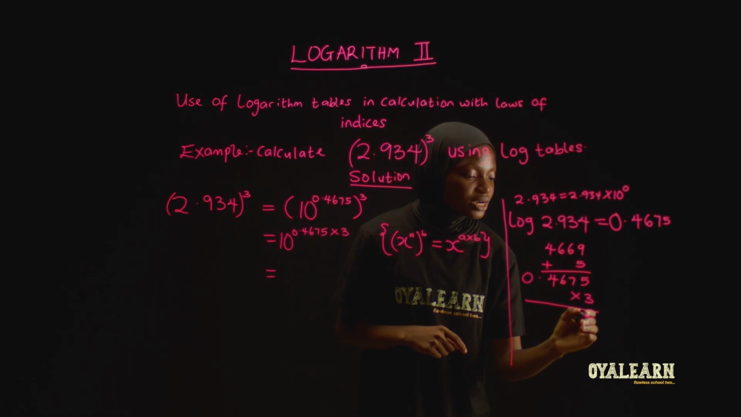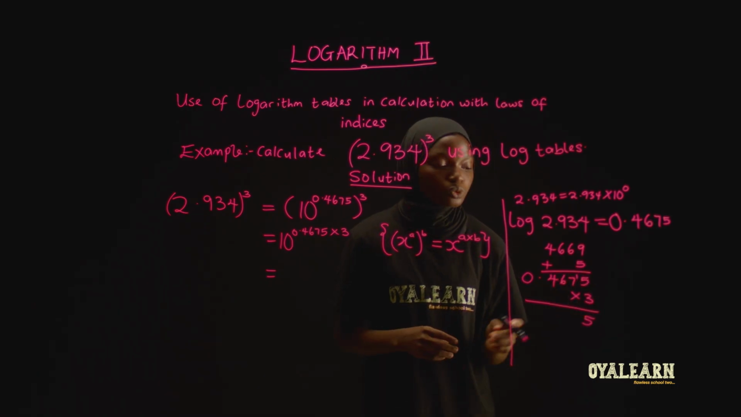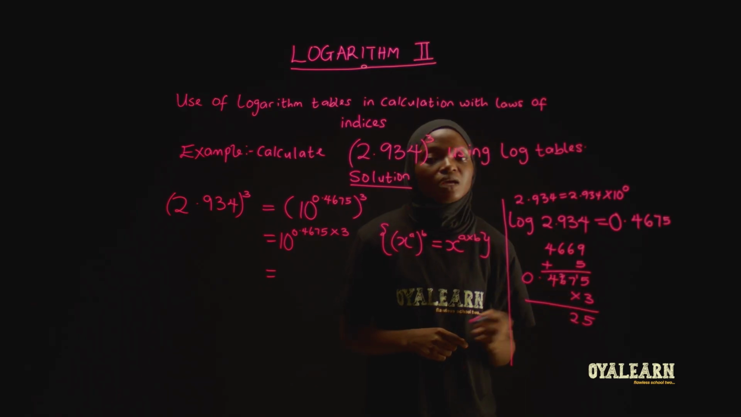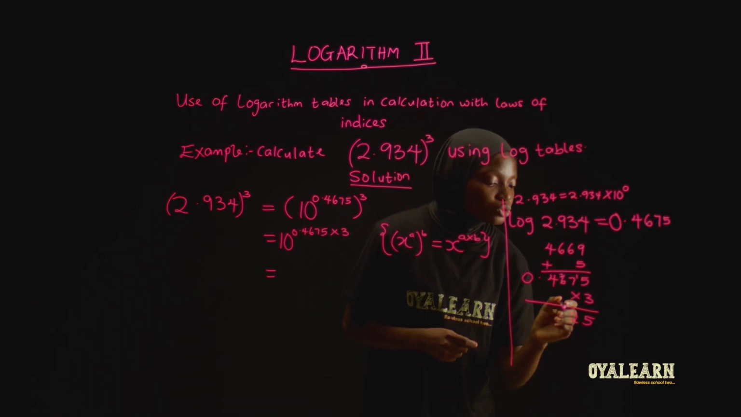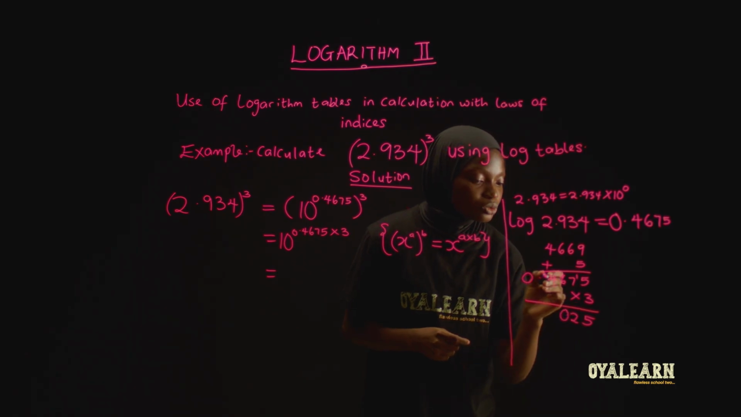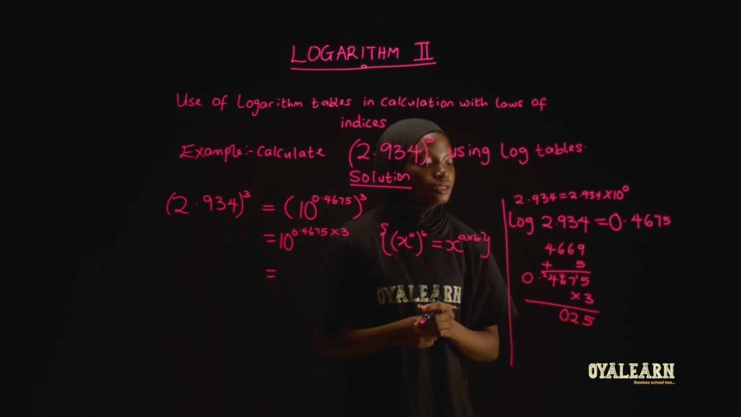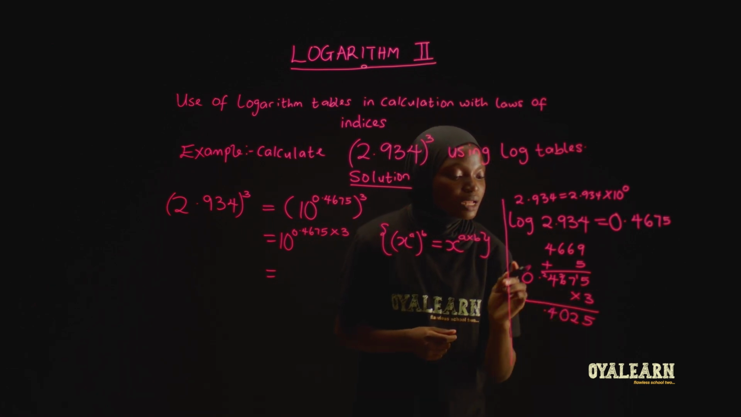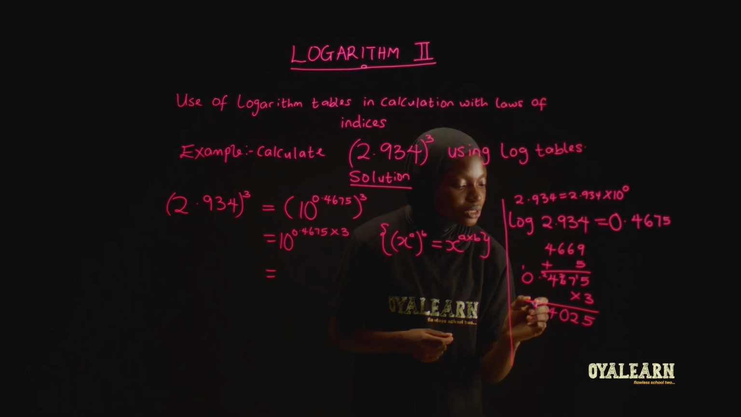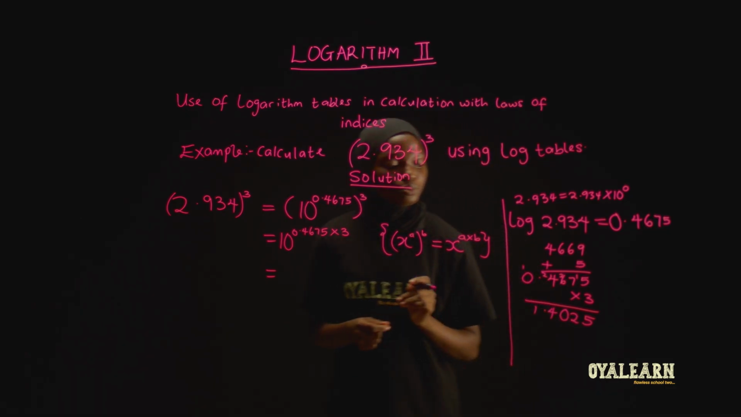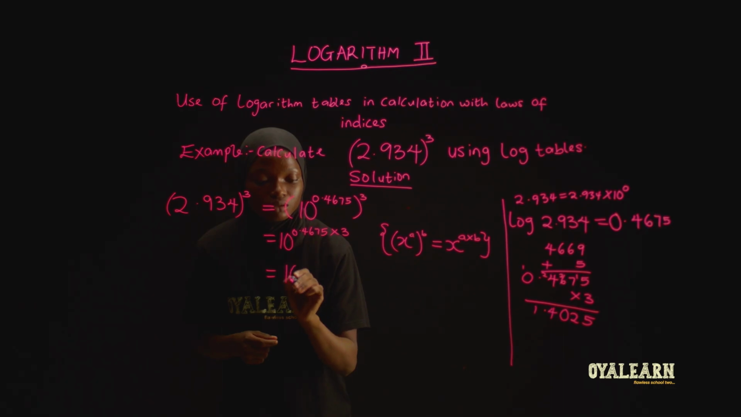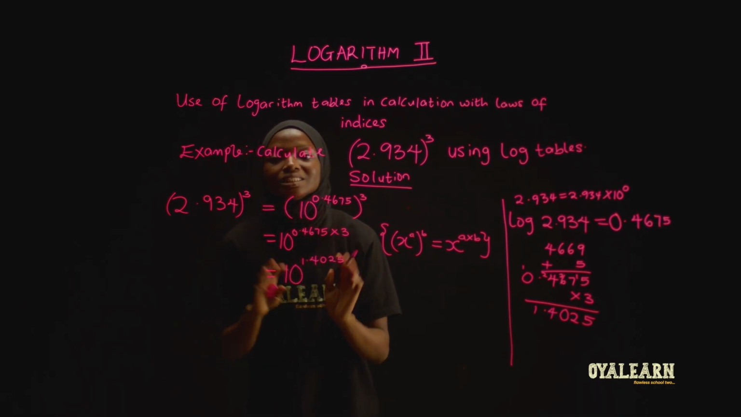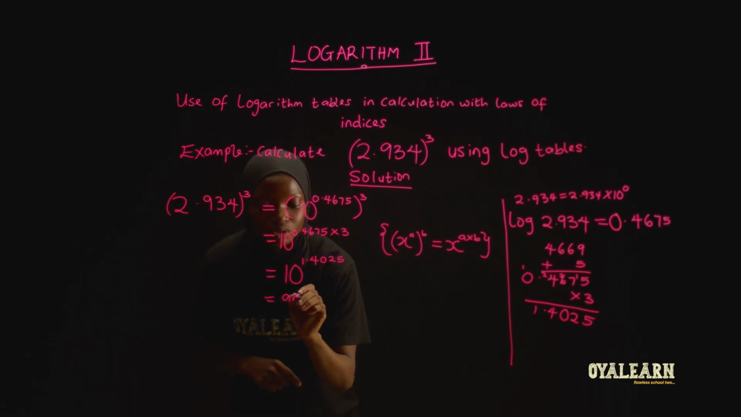5 times 3, 15, we write 5, take 1. 7 times 3, 21 plus 1, 22, write 2, take 2. 6 multiplied by 3, 18 plus 2, 20. So that's 0, we take 2. 4 multiplied by 3, that's 12, plus 2, 14. So we have 4. Then 3 multiplied by 0, 0, plus the 1 we brought here, 1. So that means we have 1.4025. And this is the same thing as the antilog